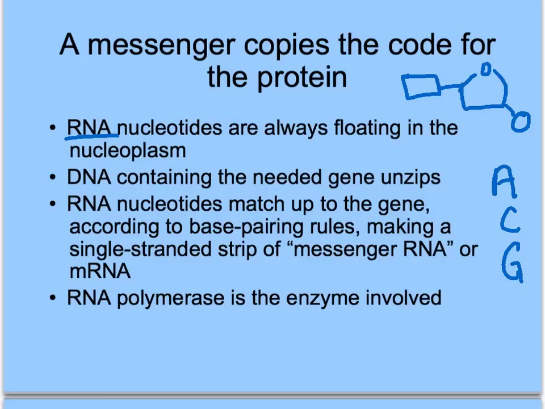So instead of T, we have a base in RNA called uracil, which we represent with a U. Now, on the one hand, this is kind of confusing and messy, and if I haven't mentioned it already, I want you to know that life evolved as a series of mutations, and that's why it's so messy and complicated. That's why it sometimes seems to us to be like a Rube Goldberg device doing things in a crazy, messy